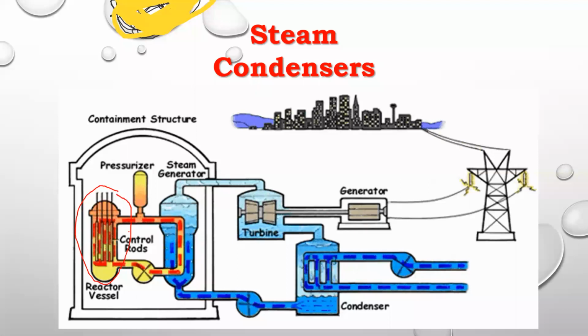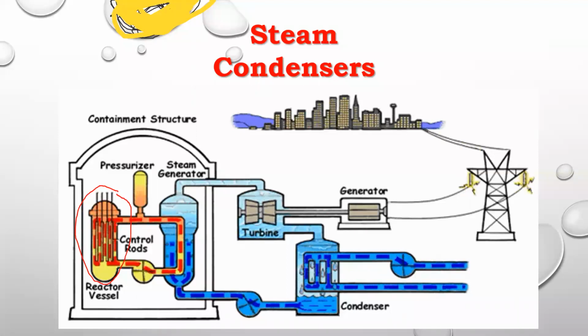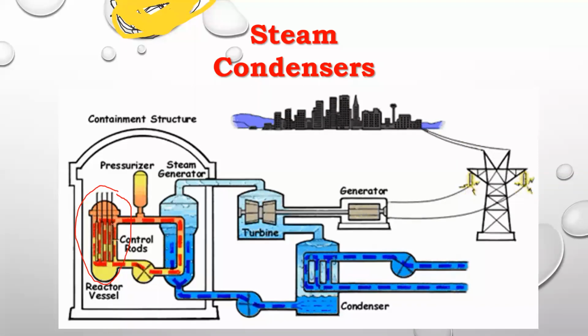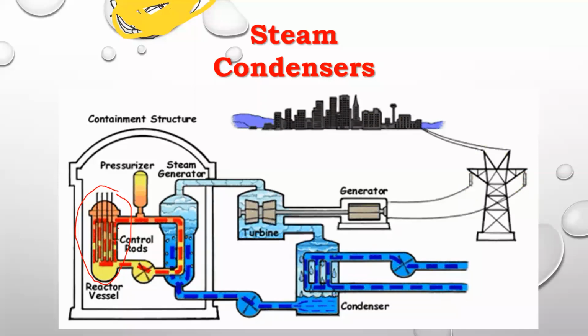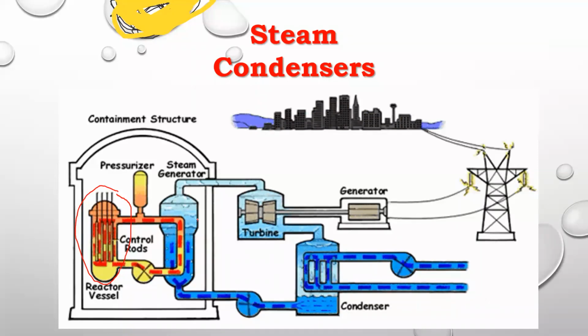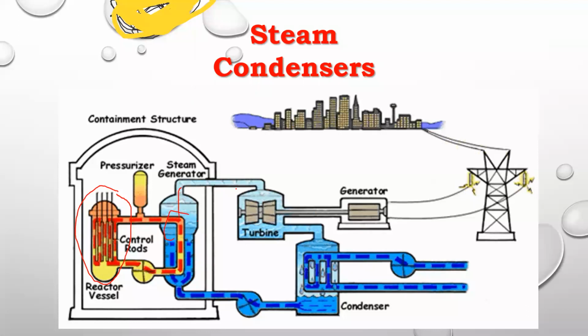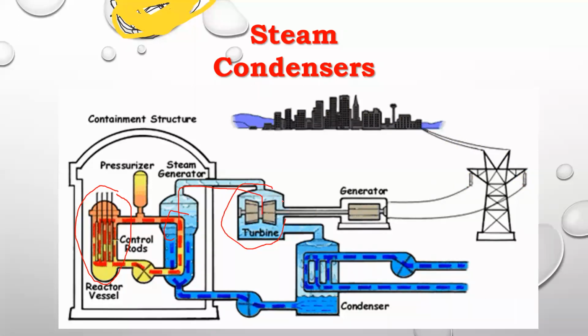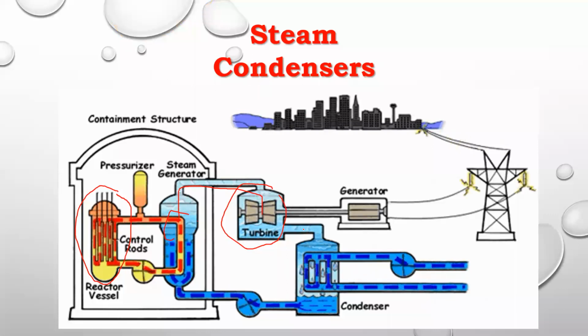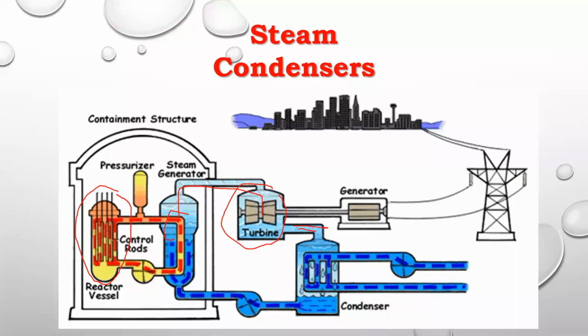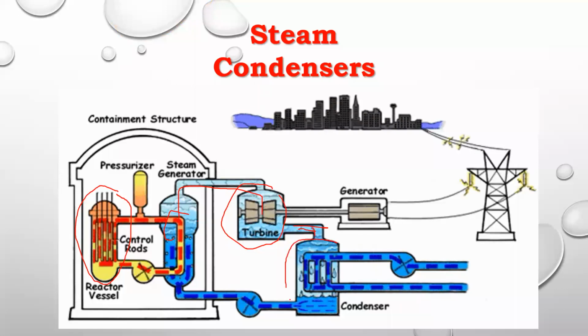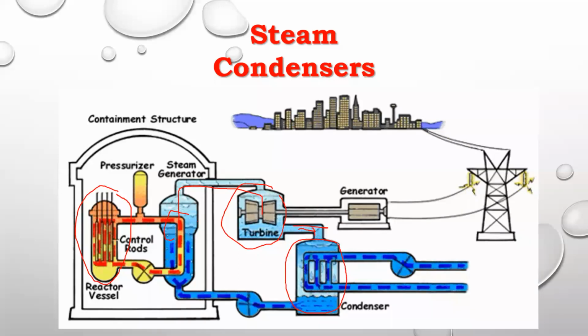To cool the reactor, water will be circulated. When the water enters the reactor, it becomes what? Superheated steam. While cooling the reactor, it becomes steam. The same steam can be used to expand over a turbine here. After expansion, this becomes less energy, and it may be dry or wet steam, or it may be in a liquid form. The liquid which is coming will be cooled. This portion is nothing but the condenser. Today we are going to discuss this portion, condenser.